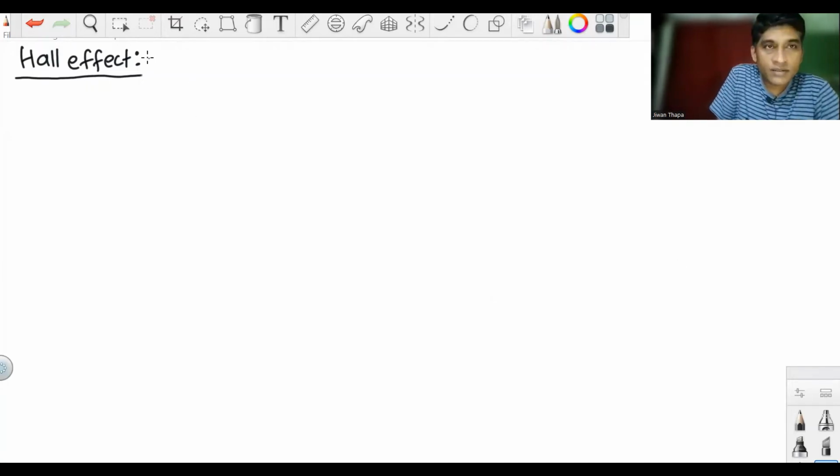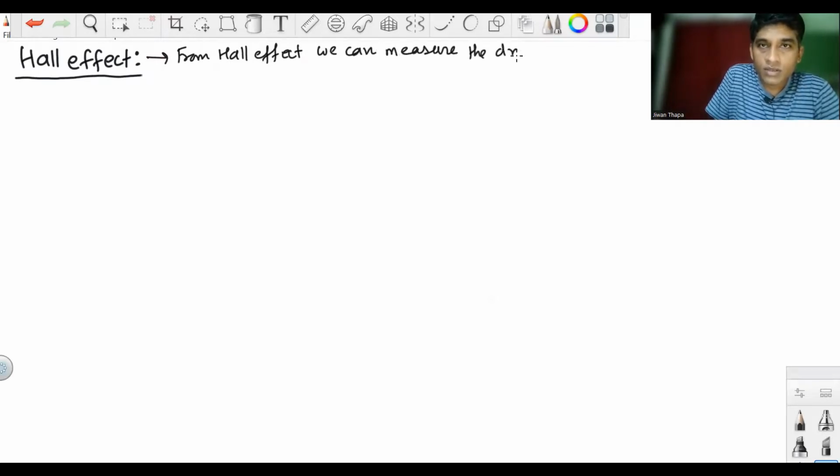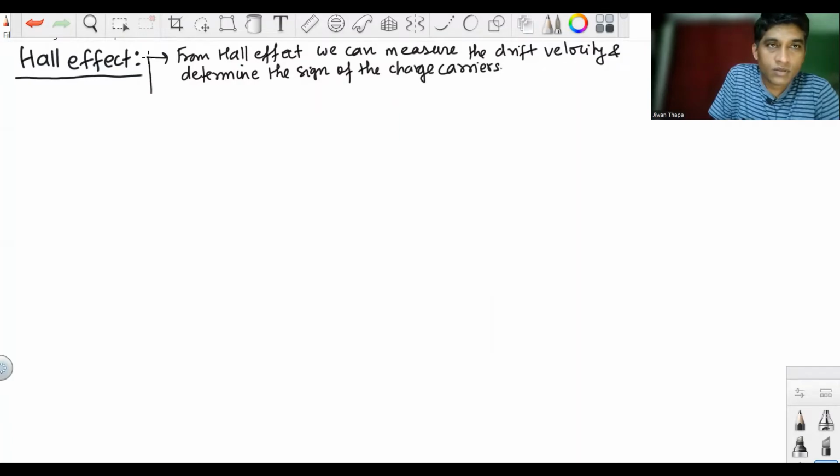From Hall effect, we can measure the drift velocity and determine the sign of the charge carriers. Okay. Next, Hall effect